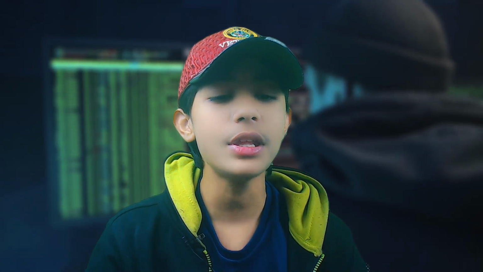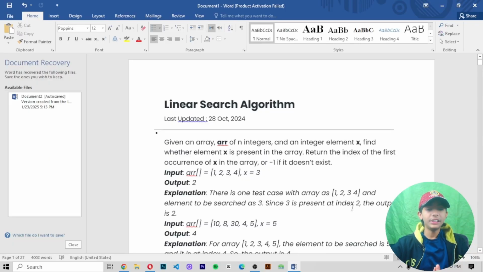By the end of this video, you will be solving array problems faster than I can explain what an index is. Seriously, they are just numbers, don't overthink it. Alright, enough talk, so now let's jump into it. Let's talk about the linear search algorithm. I know many people do not know what the linear search algorithm is, so let's start and talk about it.